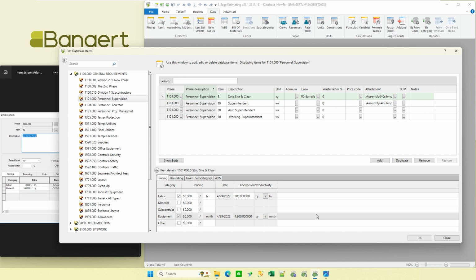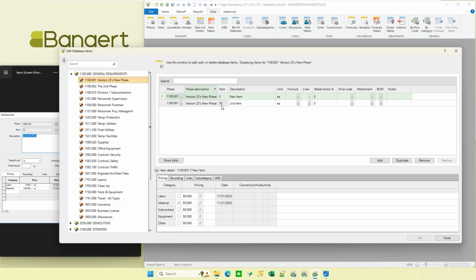And there again, one of the cool things is if I want to go to any particular existing item and say, oh, I really wanted that to be maybe item 15, I can change item numbers, phase numbers, descriptions, any of that information, as long as it has not been used in some other place.